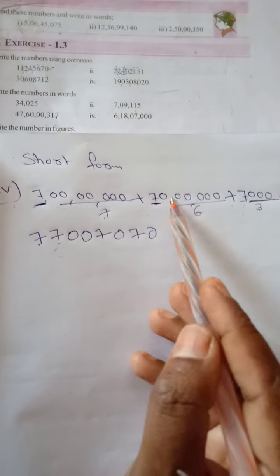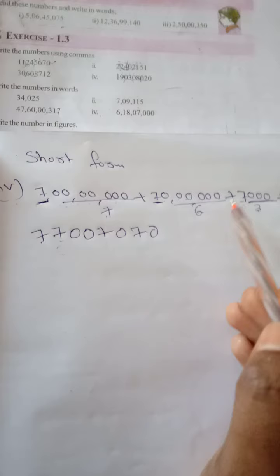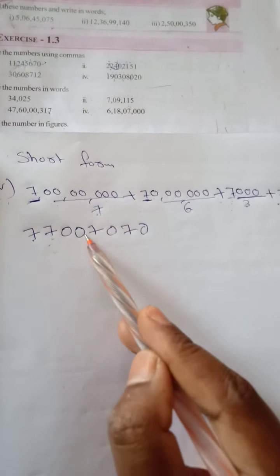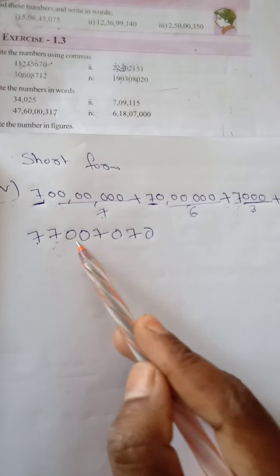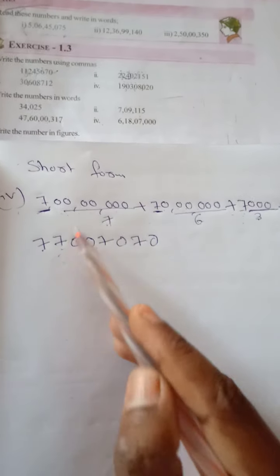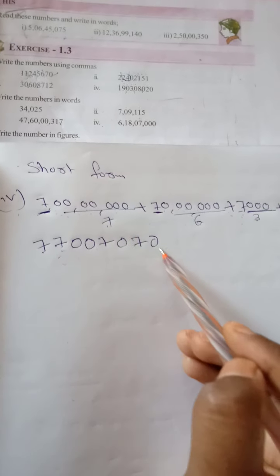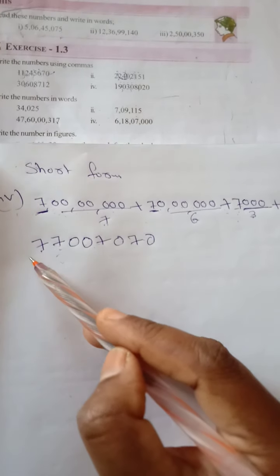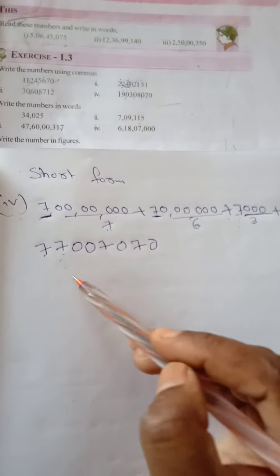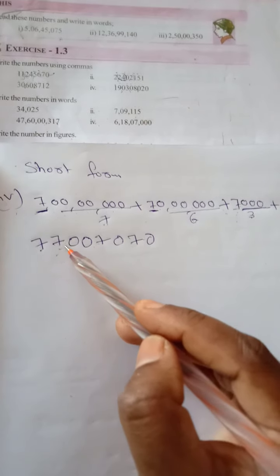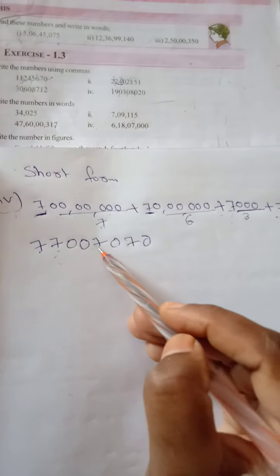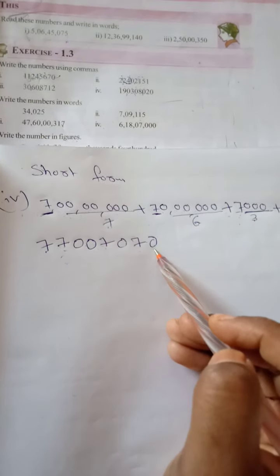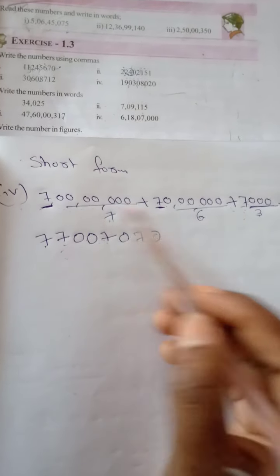Yes, so whatever zeros or place values are missing, in those place values we can write the digit as zeros. Yes, so once we can observe here: ones, tens, 100, 1000, 10,000, lakh, 10 lakh, crore. Yes, 7 crore, 70 lakh, 7,070. Clear, children? So this is the short form.